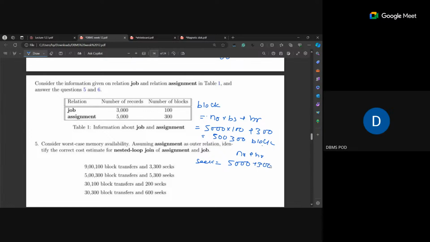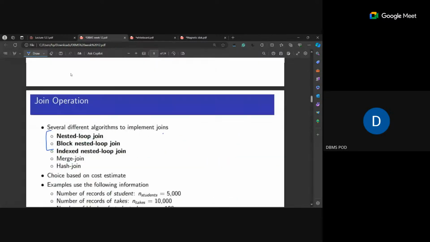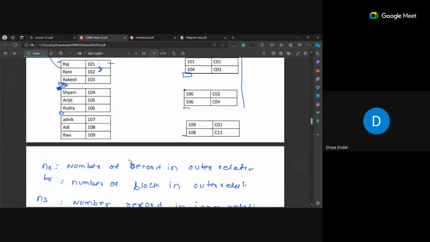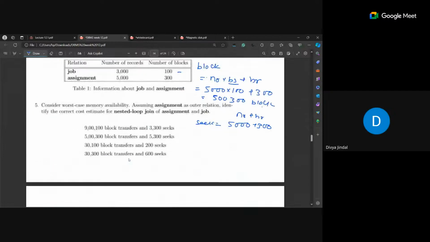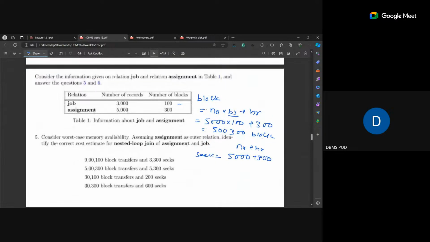What is BS here, sir? The number of blocks in the inner relation. Okay, sir. So job is the inner relation, so 100, right? Now we have learned about the nested loop, right? This is just the number of blocks and the number of seeks, but we haven't calculated the cost here. So what will be the cost? The above numbers into TT. Suppose for one block transfer, its time is